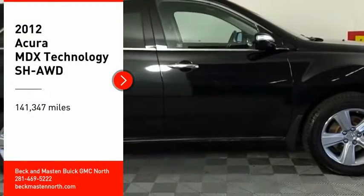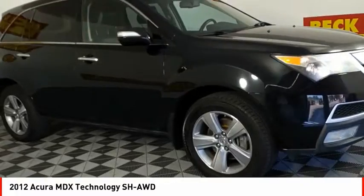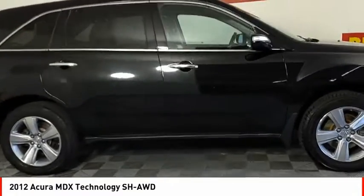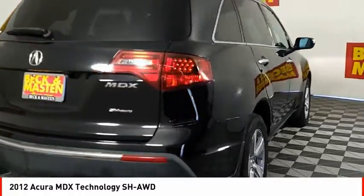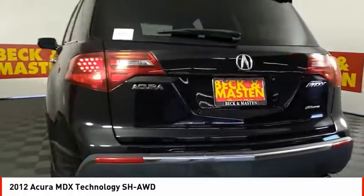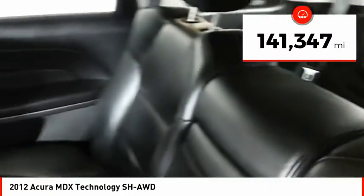Take a ride in the 2012 MDX. The Acura MDX is a wonderful choice if you're looking for a mid-size luxury crossover SUV. Thanks to its high safety scores, a strong engine, all-around utility, and capable handling, this vehicle has less than 145,000